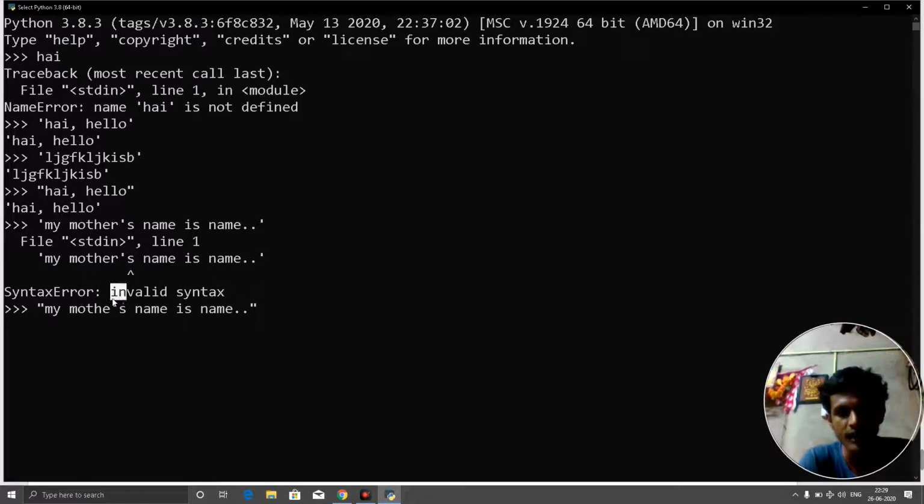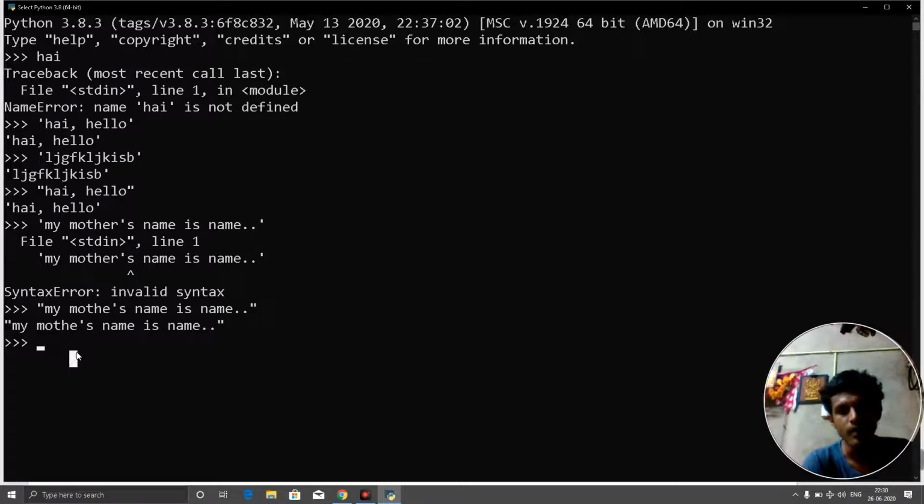Here you can see I wrote this single quote inside the two double quotes, and I will click enter. Okay, here you can see my mother's name is something name. When we use single quotes inside our statement, the Python interpreter will give you the output inside the double quotes. That means these two are the start and the end of our sentence, and this is the single quote that is inside the sentence.